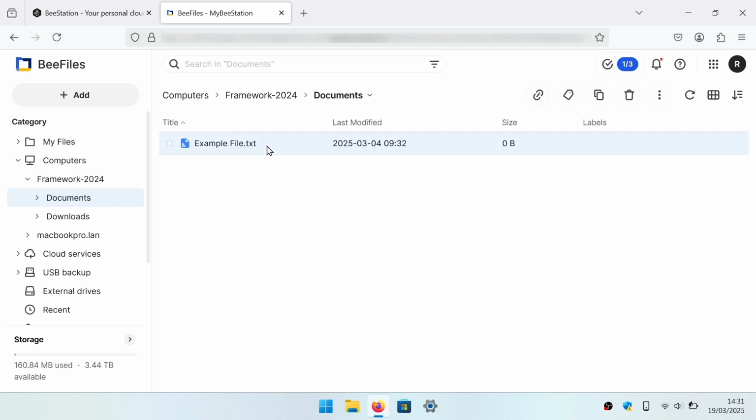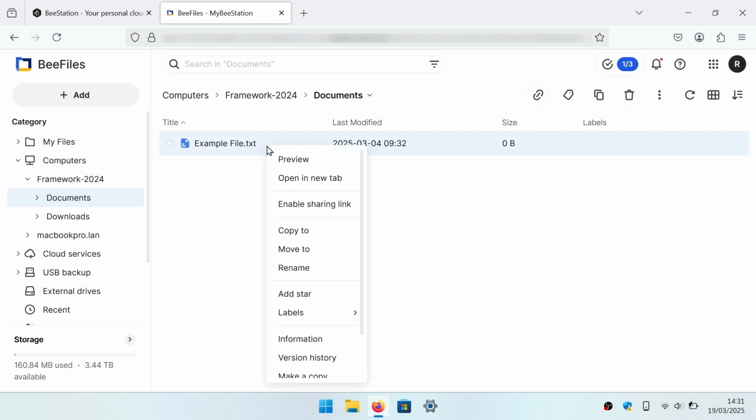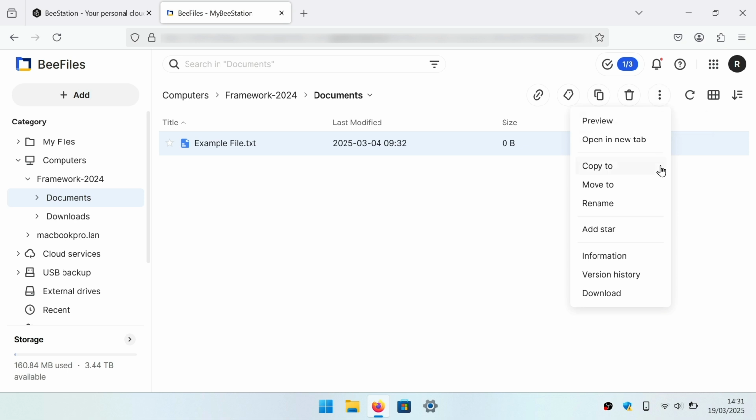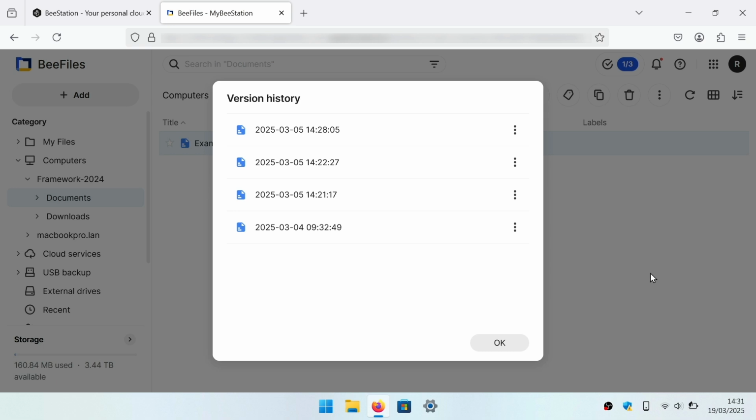Now if we highlight this file and display a quick menu by right-clicking our mouse, we are presented with a number of options that includes Version History. Alternatively, we can access the same option if we select the More icon, and then from the menu that appears, choose Version History. Whichever method you select, a version history panel will appear displaying a list of the save points